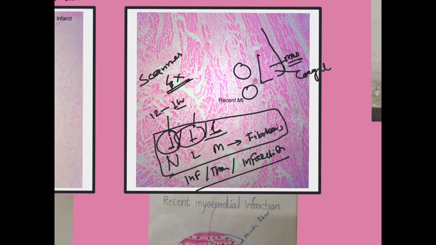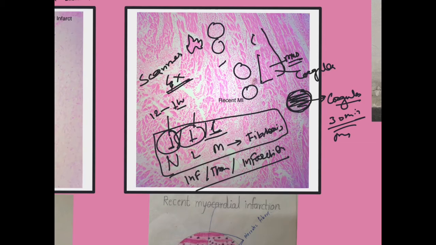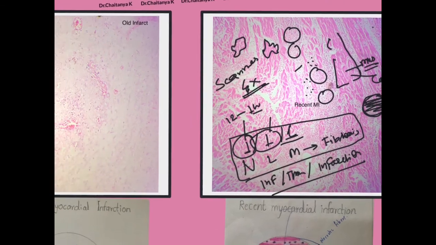Here you can see the muscles showing coagulative necrosis. Coagulative necrosis means the nucleus has gone and the cell membrane is preserved, but inside there is nothing. It starts within 30 minutes of MI, and here you can see these muscles don't show the nucleus, so the coagulative necrosis has started, and there is dense inflammation inside the muscle. All these small dots are the inflammatory cells inside the muscles, which show coagulative necrosis. So that's why it is a slide of recent MI.